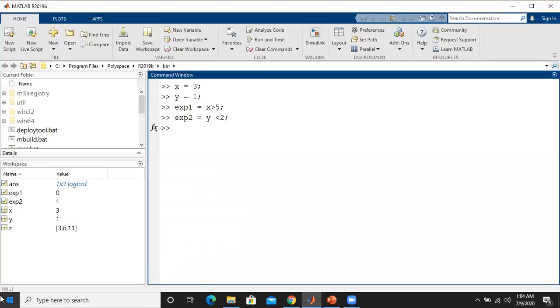Now I am going for the short circuit AND operation. So here I type whether x is greater than 5, short circuit operator, then whether y is less than 2.